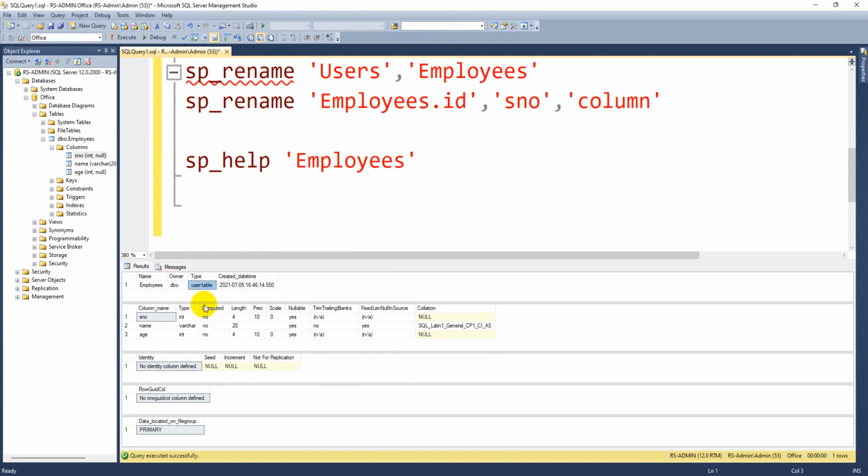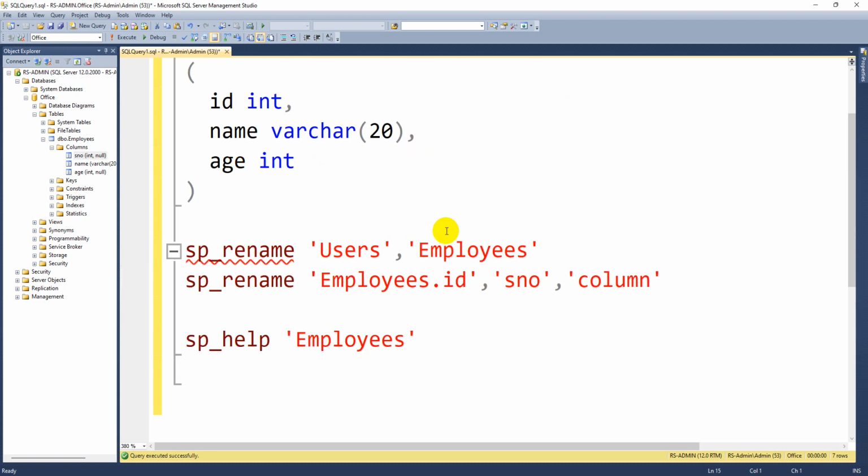Whether it is a user defined table or system table, at what time it was created, what are the columns it contains, what are the data types, what is the length of the data type, varchar 20 it is. If any primary keys or identity keys are there, you can see them here. So these are the shortcuts and the changes you need to observe from the SQL we learned earlier, for SQL Server also.